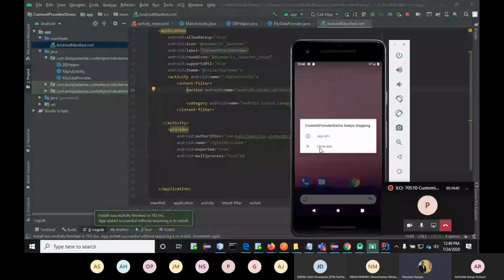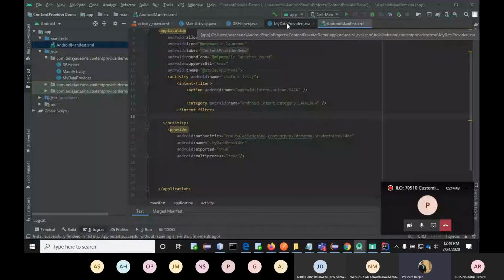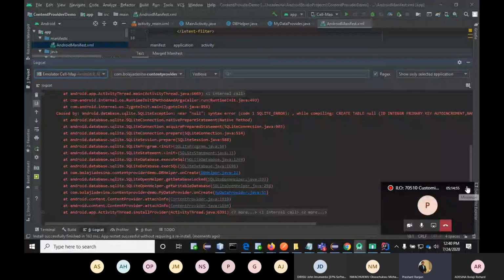Show me the code. Show me the logcat. Create table is having an error. Go to the create table code.